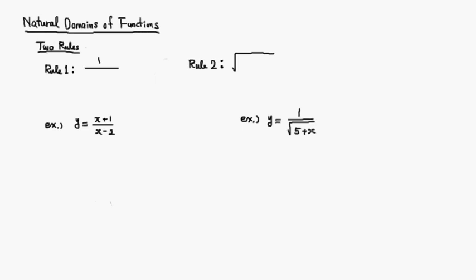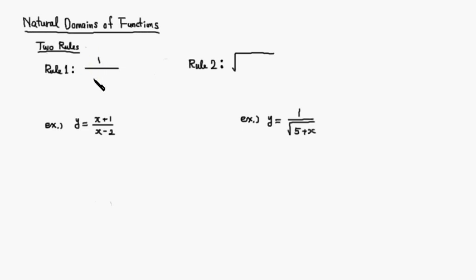Okay, let's look at the natural domains of functions. The reason why it's called the natural domain is that this is a domain that comes from the formula itself. So domain can be determined by whoever defines the function, but this natural domain comes from the formula. There are two rules that you need to look at, and the first one, whenever you have a fraction, we